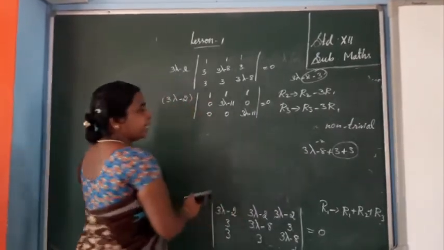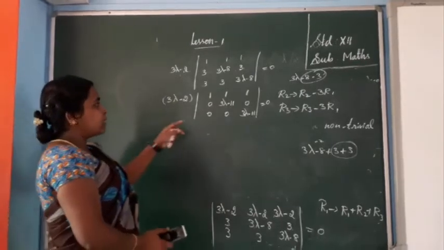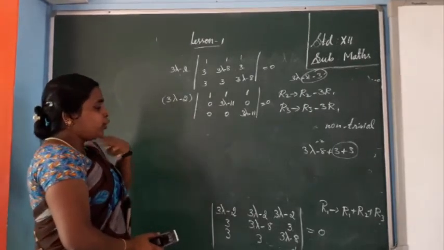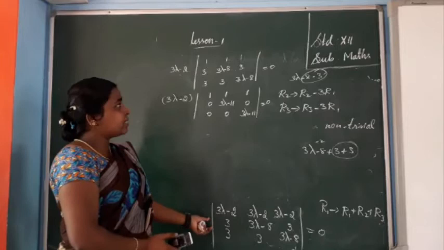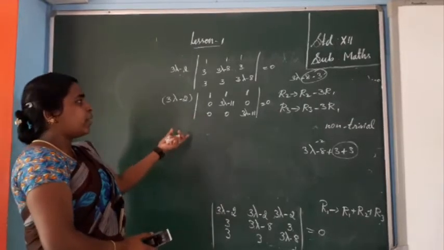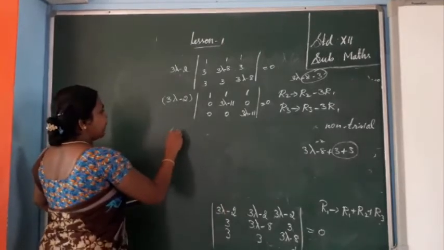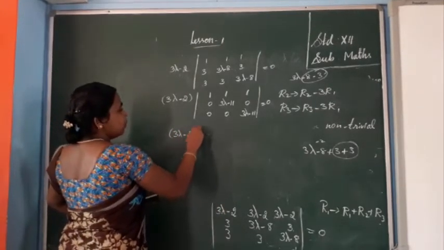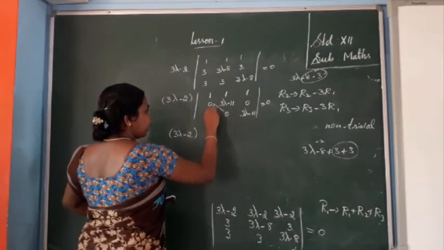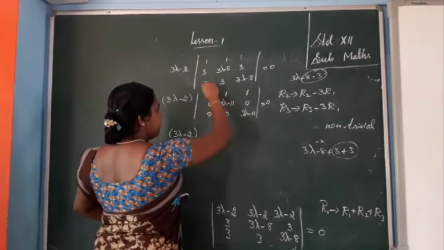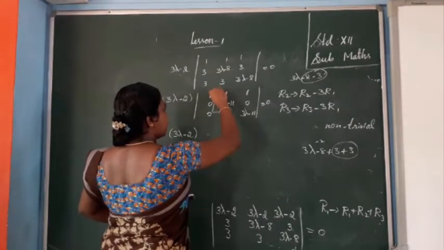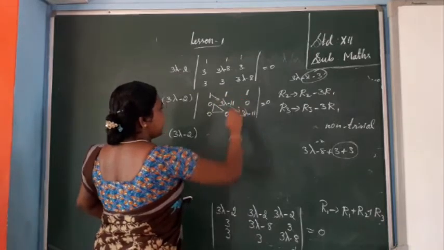This is not a Euclidean form. Actually this is a determinant. So you want to find the determinant of that matrix. This is somewhat lengthy, so that's why I reduced it into small terms. So 3 lambda minus 2 into. Now you see this is a triangular form, isn't it? If the determinant is in triangular form, you only have to multiply the leading diagonal.